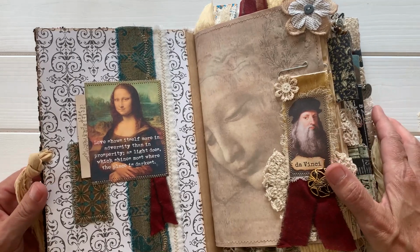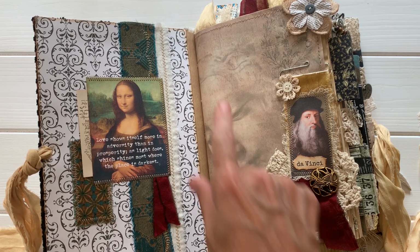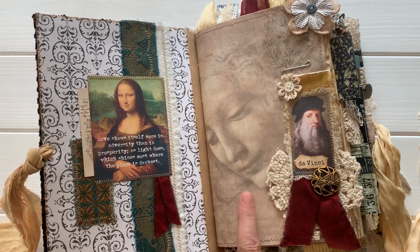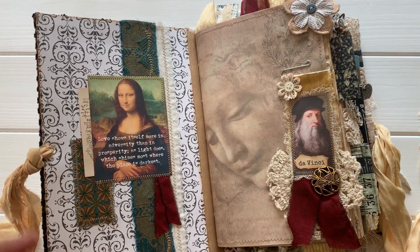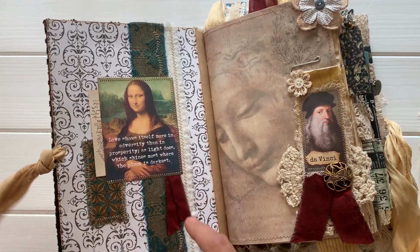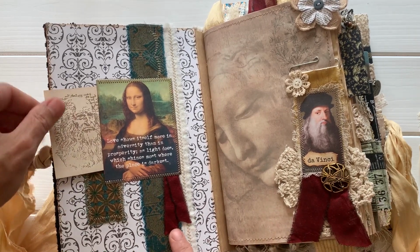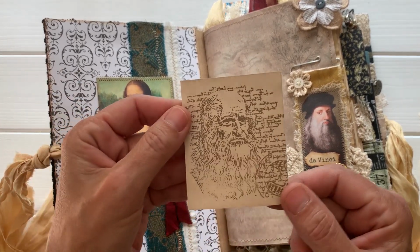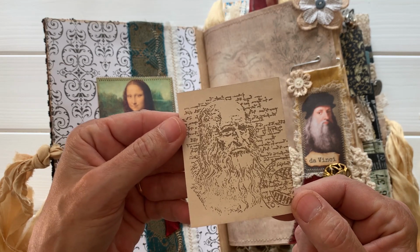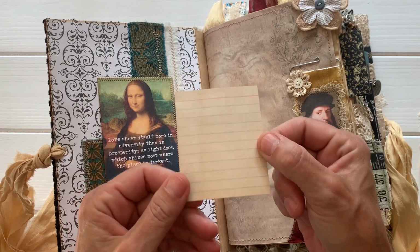Yes. I used images from my shop. There's 2 Da Vinci sets of images in there. And then there is a journal page set as well. So one of the Da Vinci sets has quotes, and quite a few of these images here have quotes on them. It's a fabulous Leonardo da Vinci ink stamp that I found